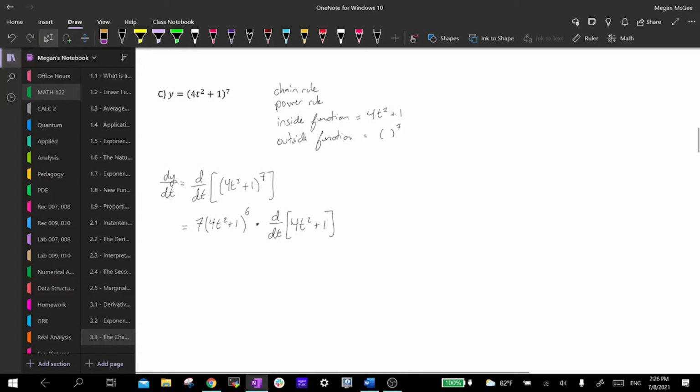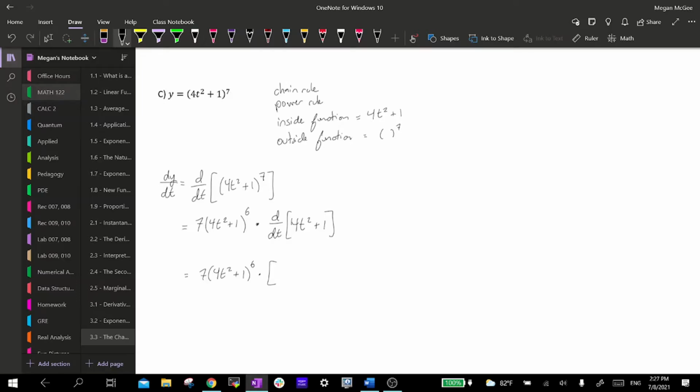Okay, and you're not done with taking this derivative until you've finally taken that derivative of the inside function as well. All right, so we have this 7 times 4t squared plus 1 raised to the 6th power times, well,